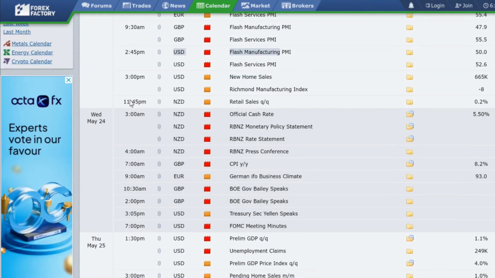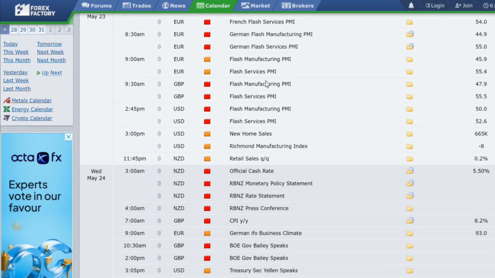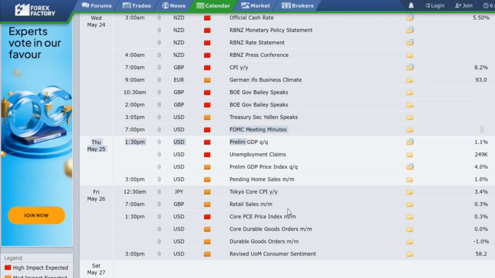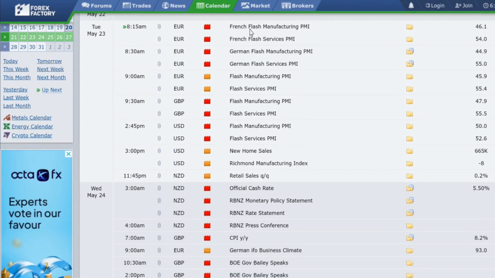We have major news that will move the market next week, especially from the Bank of New Zealand. Their interest rate statement will be released very early, West African time, on Wednesday, as you can see there. Later on Wednesday we'll witness the FOMC meeting, which is very important. What they say there will determine a lot about the movement of the US dollar in the short or longer term. I think this is what we have in terms of the fundamentals this week.